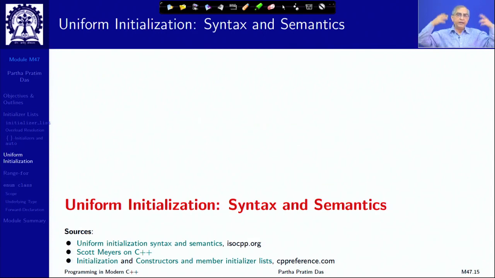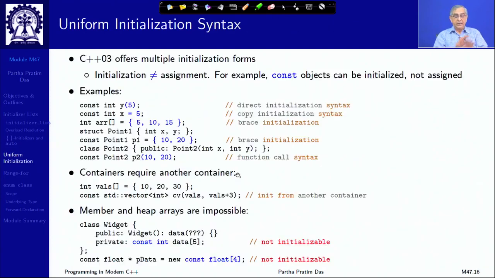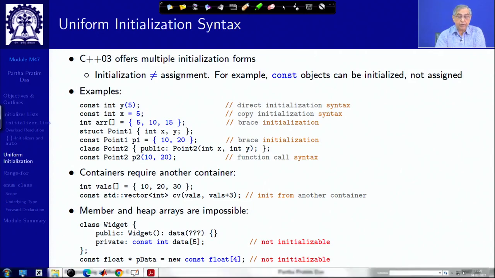The question is, why are we trying to do that? Because what we want is to make initialization syntax and semantics uniform. So, is it non-uniform? The answer is yes. If you look at C++03, there are multiple ways to do initialization. And remember, initialization is not the same as assignment. Constant objects can be initialized, they cannot be assigned. Initialization is something which happens when you are defining the variable. So, these are the choices you have in C++